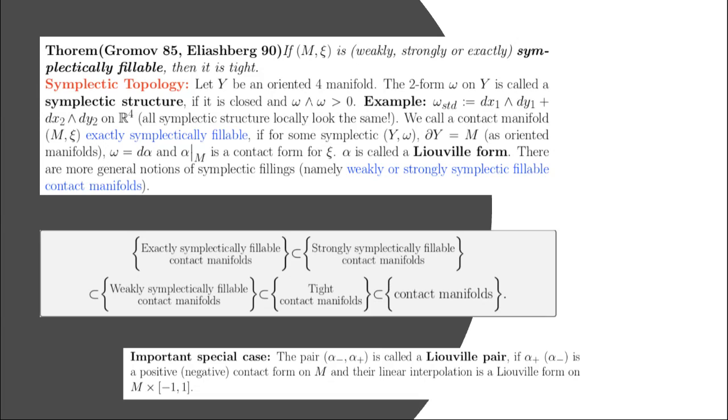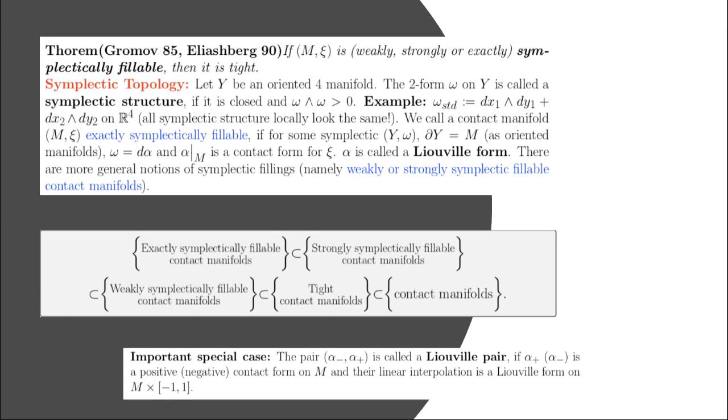So let Y be an oriented four-manifold. The two-form omega is called a symplectic structure if it is closed, and also omega wedge omega is positive. Again, you have this standard example on R4, and all symplectic structures locally look the same. So you have some standard model, and we call a contact manifold exactly symplectically fillable if there exists some symplectic